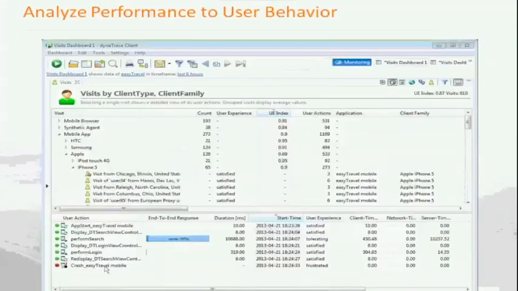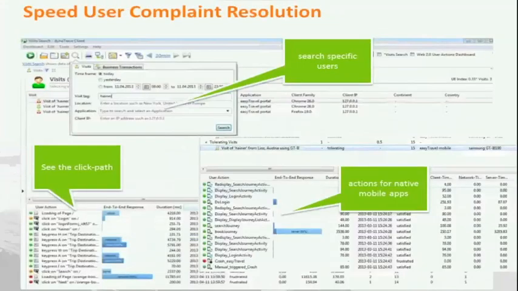Similarly, you can speed up your user resolution. Say you have users who are coming to log into the website. You're able to pull out information for each and every user and see the click path. So what they try to do: they try to log into a web application, they fill in a login form, you can look for certain key presses, certain alphabets, they try to find a trip, and then when they try to load the page for making a booking, this is where it becomes red and this is failing. And similarly, you can look at native mobile applications, what was happening in the native mobile app while the user tried to do something before it crashed.